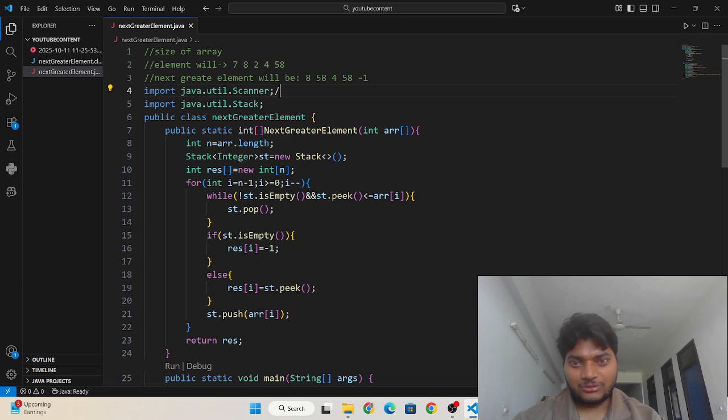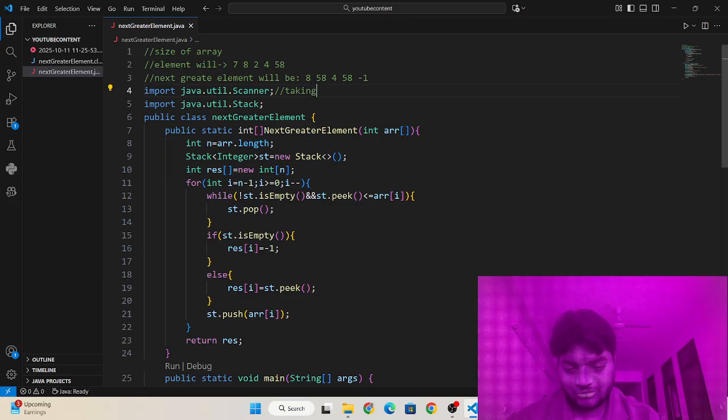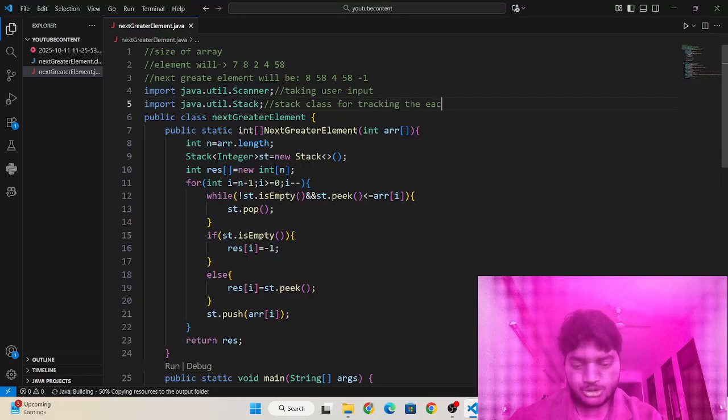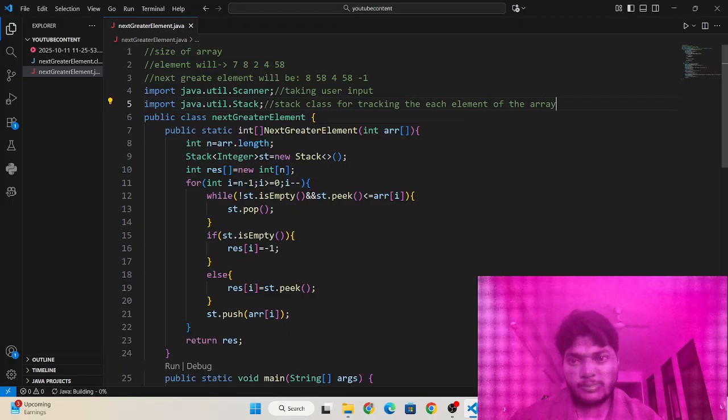Okay, so I have taken the Scanner class for taking user input. Okay, and the Stack class for tracking each element of the array. Okay, and this is the file name.